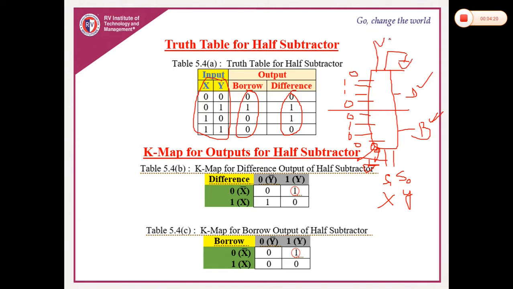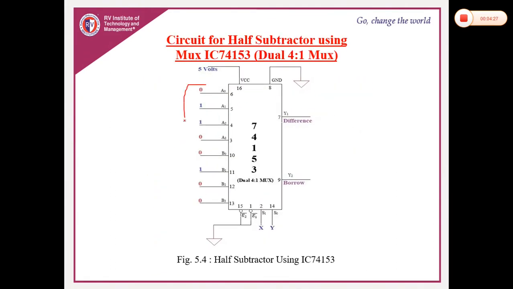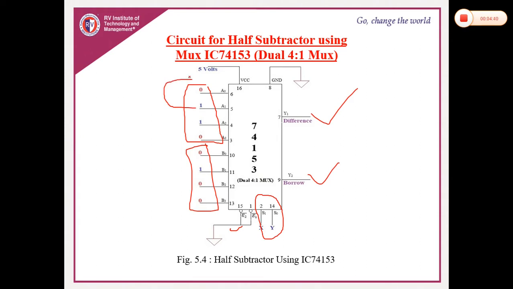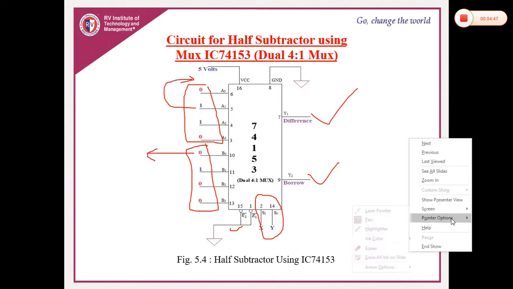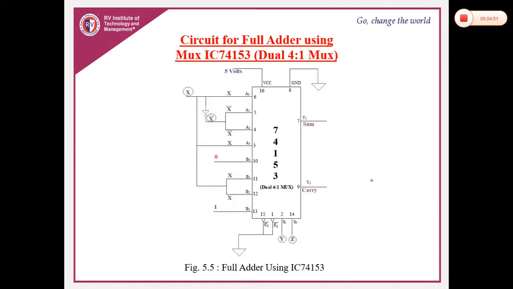Okay, this is VCC. So this is all about the circuit. We'll see the circuit connection. I already told you 0 1 1 0 is the difference, 0 1 0 0 is the borrow output, and X and Y are the select inputs, and both the enable pins should be grounded, and VCC and ground you connect to this. So 1 is as good as saying VCC is 5 volts, 0 is as good as saying ground is 0 volts.